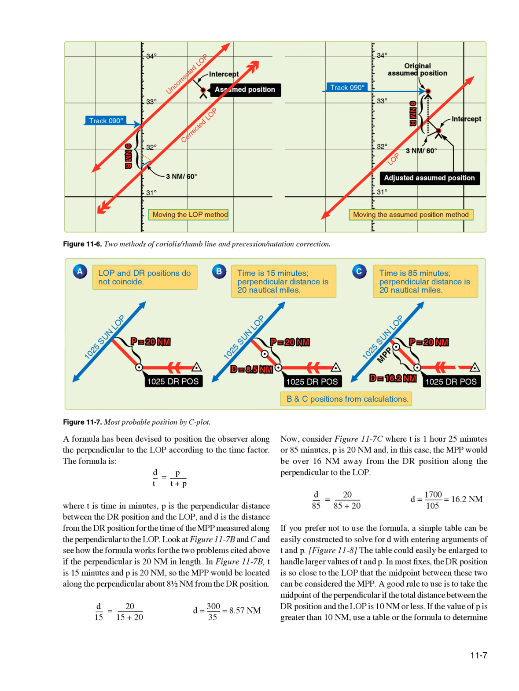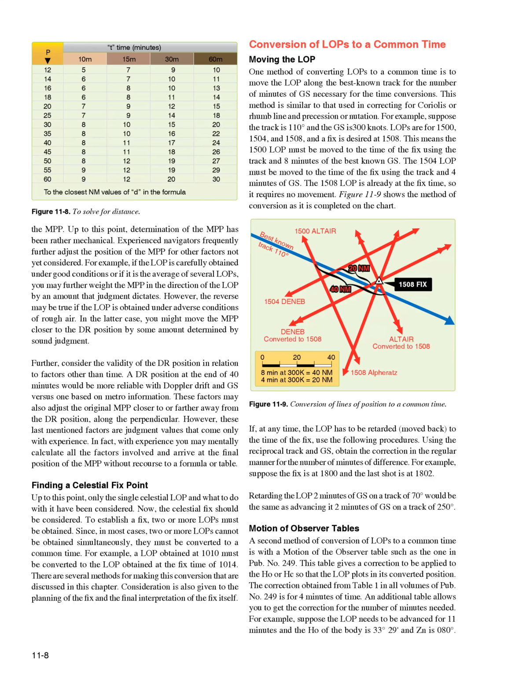If the value of p is greater than 10 nautical miles, use a table or the formula to determine the MPP. Up to this point, determination of the MPP has been rather mechanical. Experienced navigators frequently further adjust the position of the MPP for other factors not yet considered. For example, if the LOP is carefully obtained under good conditions or if it is the average of several LOPs, you may further weight the MPP in the direction of the LOP by an amount that judgment dictates. However, the reverse may be true if the LOP is obtained under adverse conditions of rough air. In the latter case, you might move the MPP closer to the DR position by some amount determined by sound